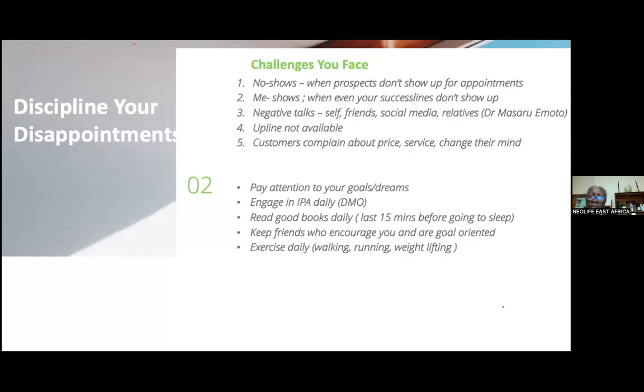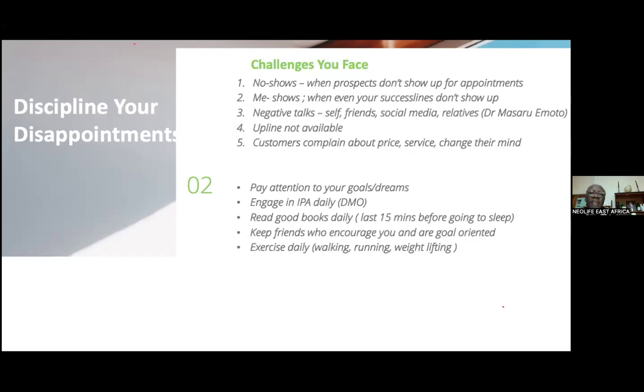Your upline may be busy, or your upline may not be serious. I mean, when Betty and I started, our sponsor was, I think, 2 or 3 weeks old in the business. They didn't know much. In fact, she knew as much as we knew. So we went up the line until we got somebody who would guide us. So if an upline is not available, go to the next leader to help you.